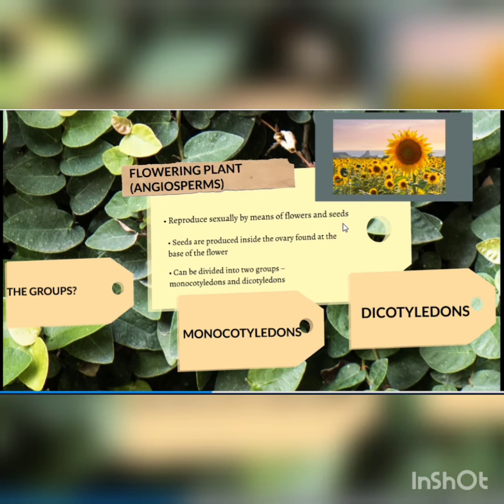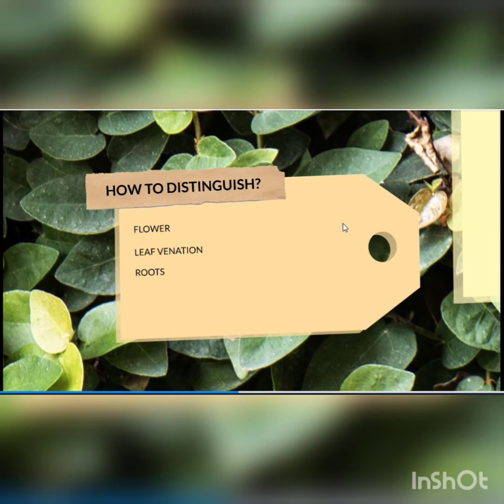Post-fertilization, ovules convert into seed, right? So precisely, the ovary contains a seed. And a flowering plant can be broadly classified into two categories, monocotyledons and dicotyledons. And how are these monocotyledons and dicotyledons distinguished? Let's see that. In your topic, you'll only be looking at their flowers, leaf venation and the